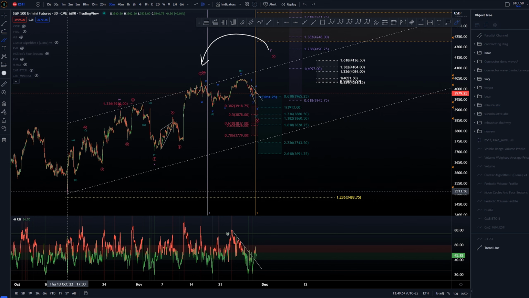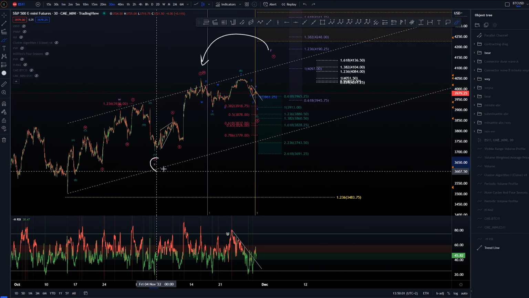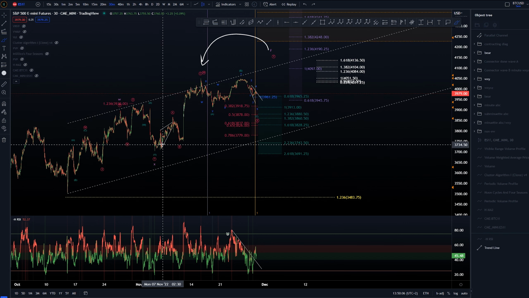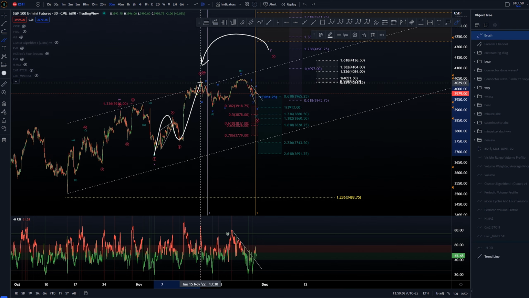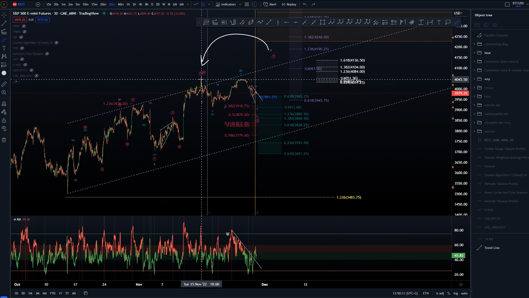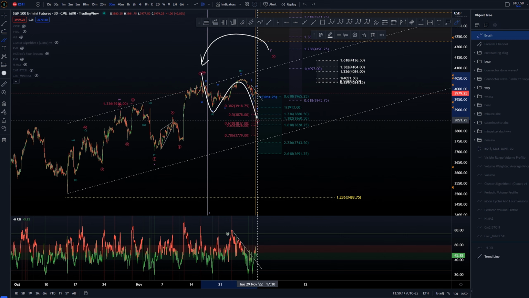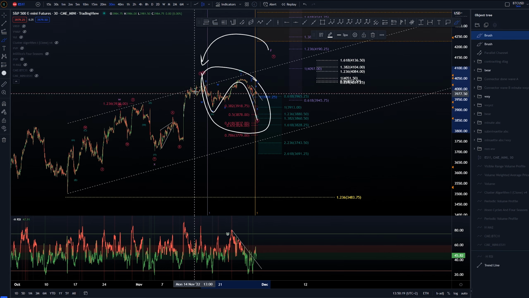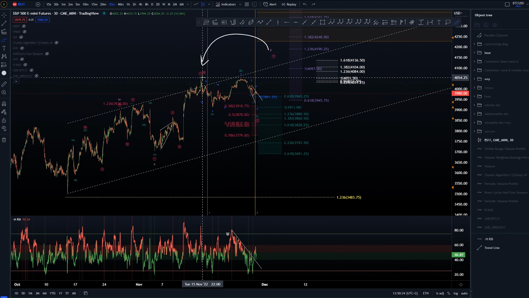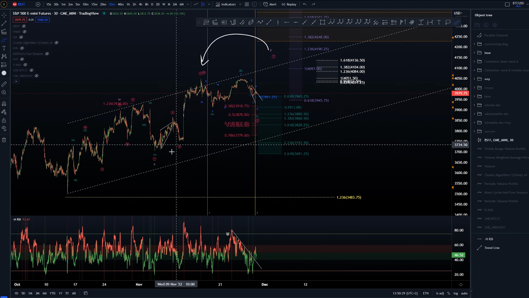On both possibilities, we had this as a WXY, with a W, 3 ways into X, and then this is where the two counts differ from each other. One of them says that we had an ABC here, and this would be the end of wave Y. From there on out, we would be starting our move downwards. Either this would be creating some kind of larger connector wave here, connecting this first structure over to the next, higher one, or